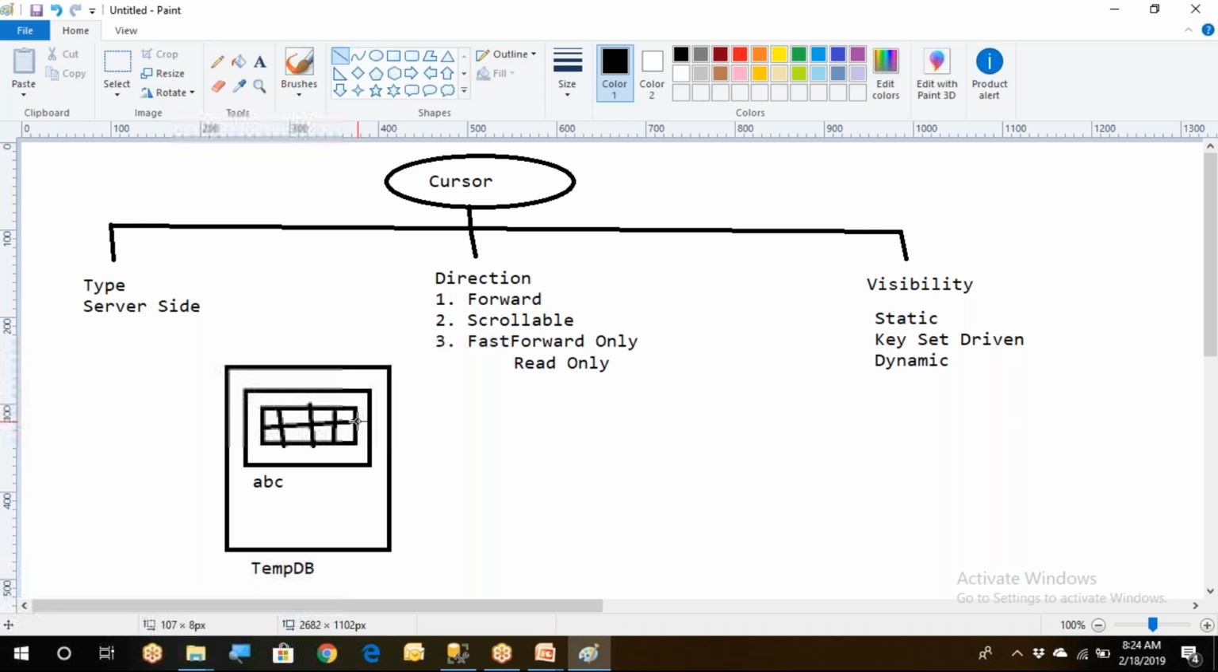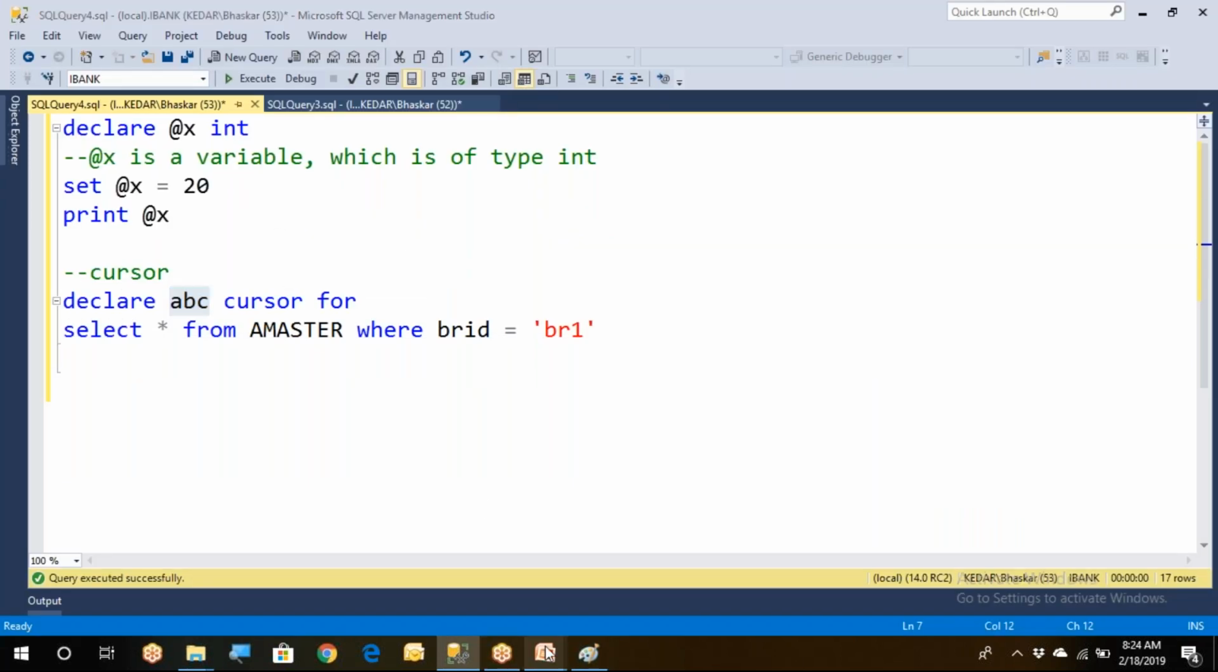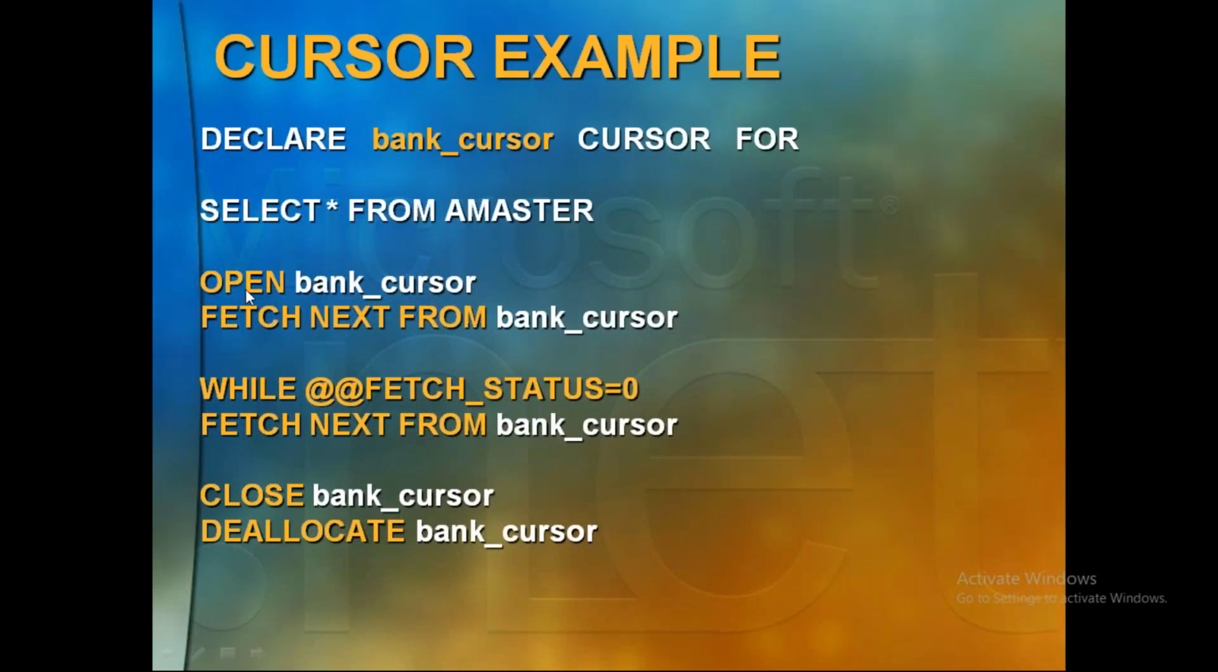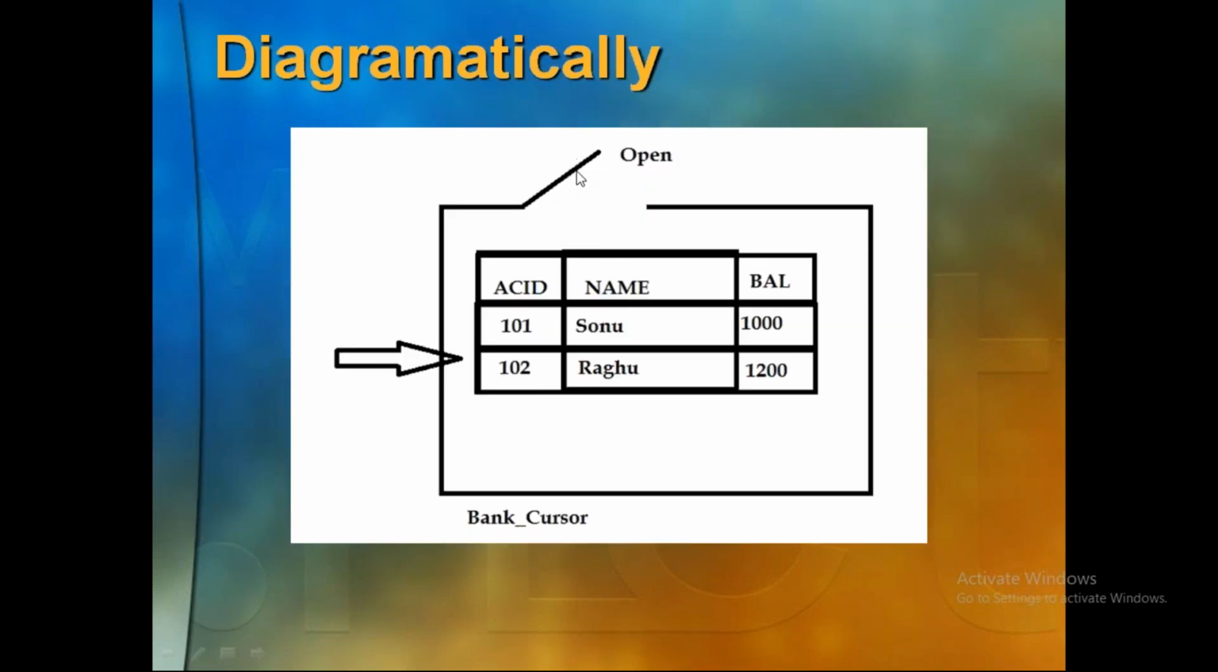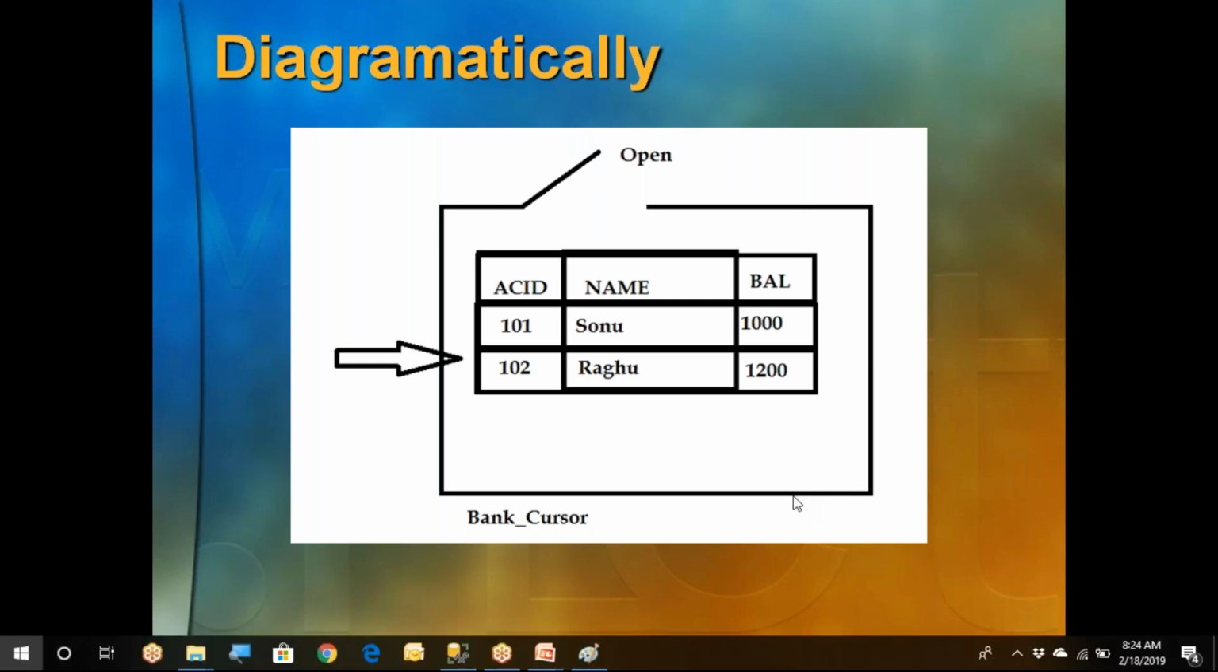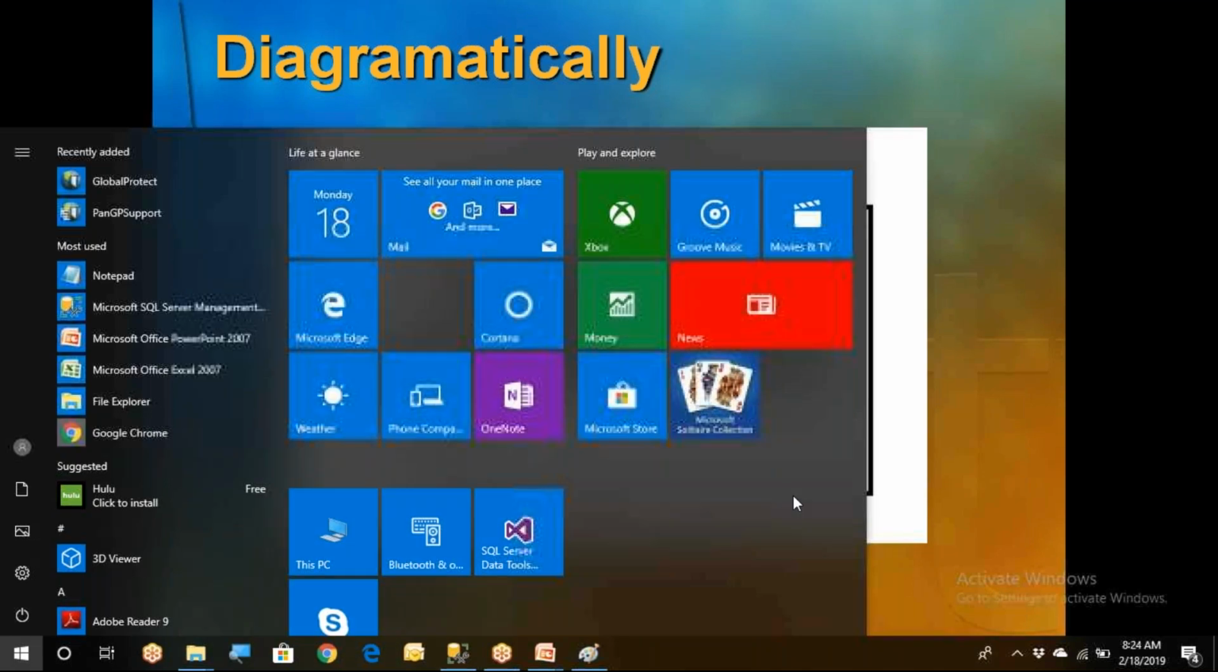Clear? So after dumping it, what we do is we can see it. After dumping it, you open the bank cursor. So that means like this. See, you have to open the box. This is the data it is going to be dumping. Diagrammatically, you need to understand. So cursor is a box only. That thing you need to understand always. Now you have to open. After opening it,